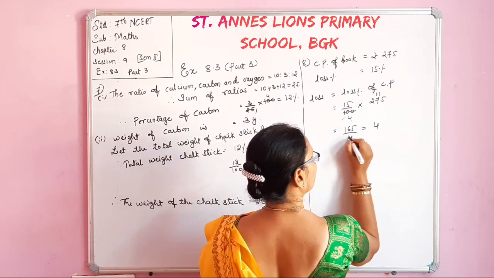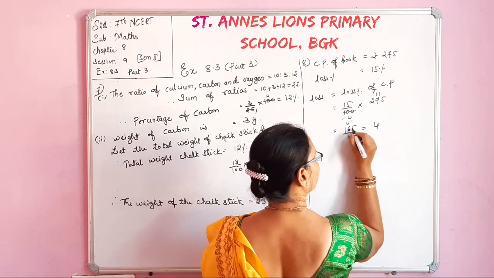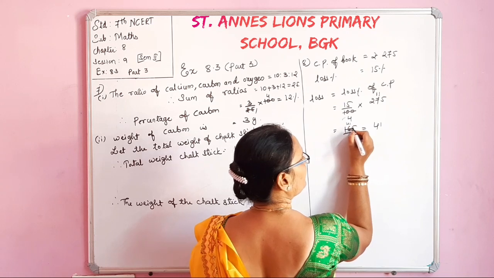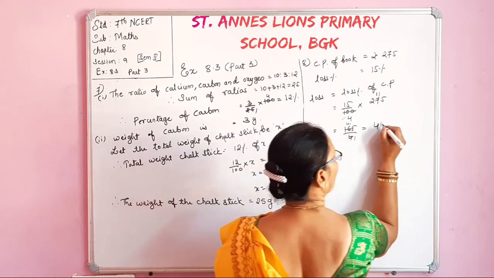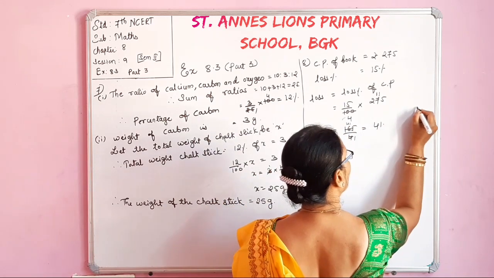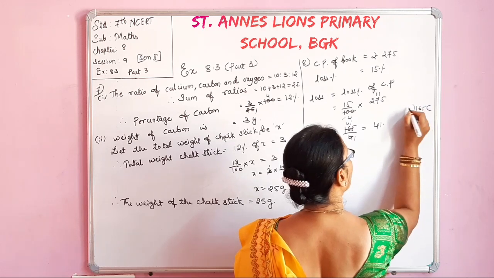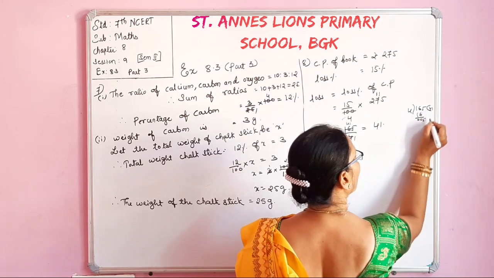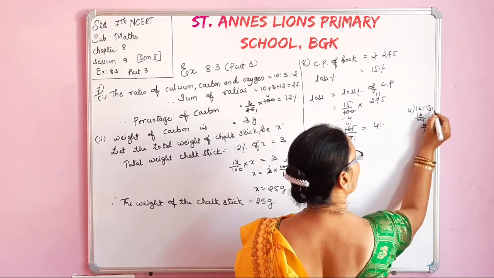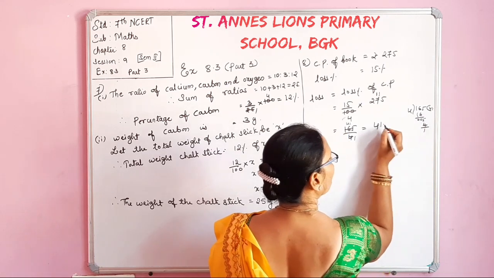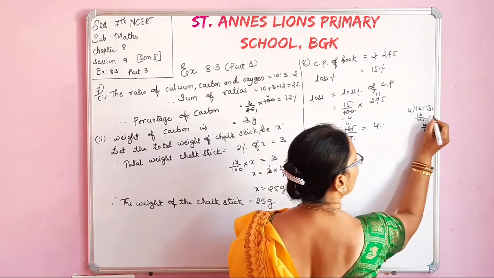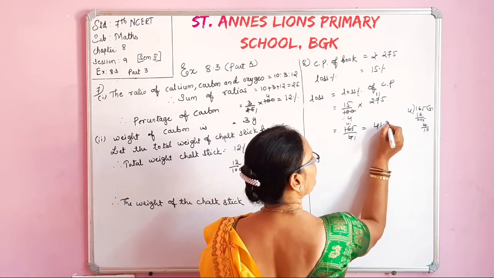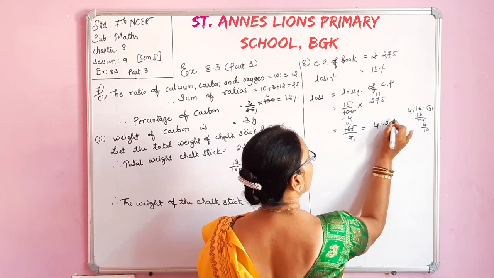This is 4 1s are 4, 4 4s are 16. 4 1s are 4. 1 remainder. See, better we will do like this. 165 divided by 4. 4 4s are 16. 0 0, take 5 down. 4 1s are 4, 1 remainder, point, or 41.25 will come. 41.25 is the loss.